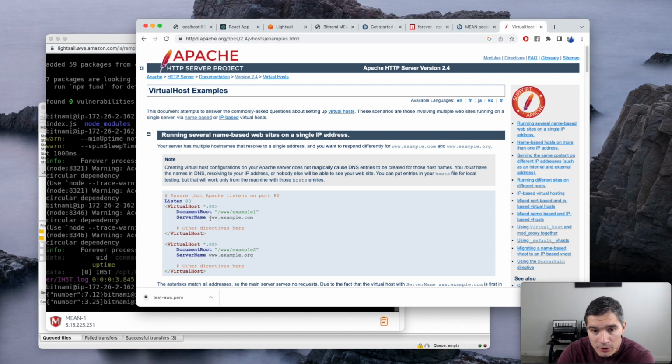The first domain will be example.com, and this one will be served from this directory, example1. And the second domain will be example.org. So notice the first one is .com, the second one is .org, and this one will be served from a different directory. In our case, we will have a virtual host for the React client and another virtual host for